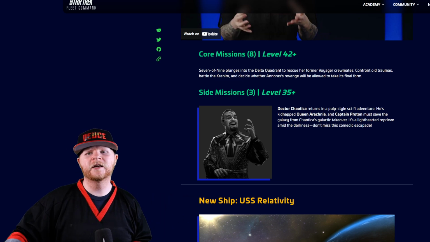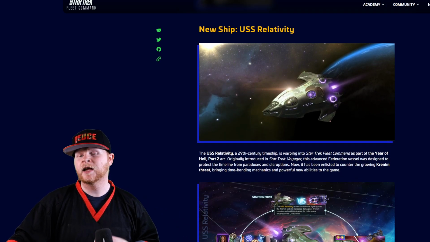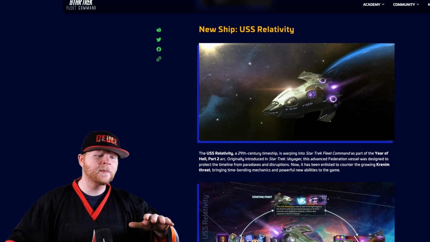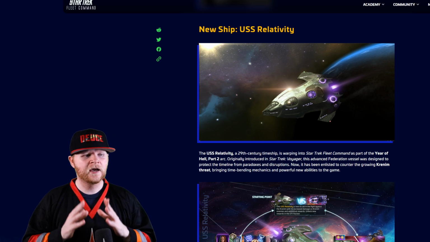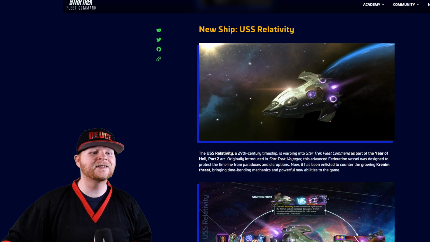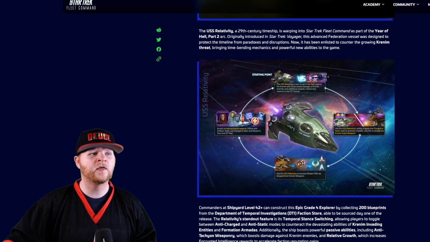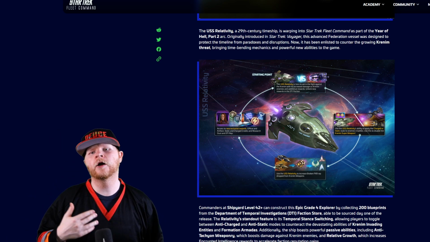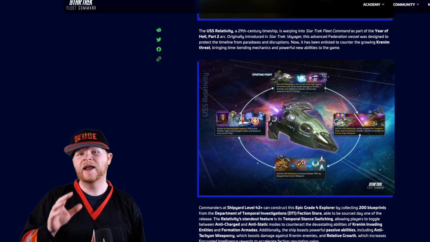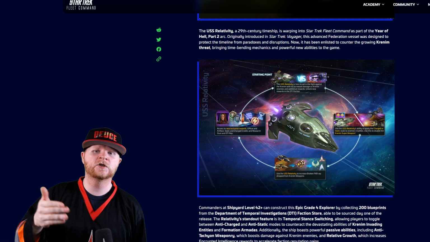But before we get too stuck on those, let's move into some of that content like the USS Relativity. Brand new. We talked about it in the preview episode, so I'm not going to spend too much time on it, but I'll give you some of the basics. One really good thing about this is that it has a free-to-play path day one, and I think that is a great thing. It's available to everybody at level 42 and above to start working on in their DTI faction. Now, this works very similar to the Relativity, meaning it's 200 blueprints, and you can start working on it